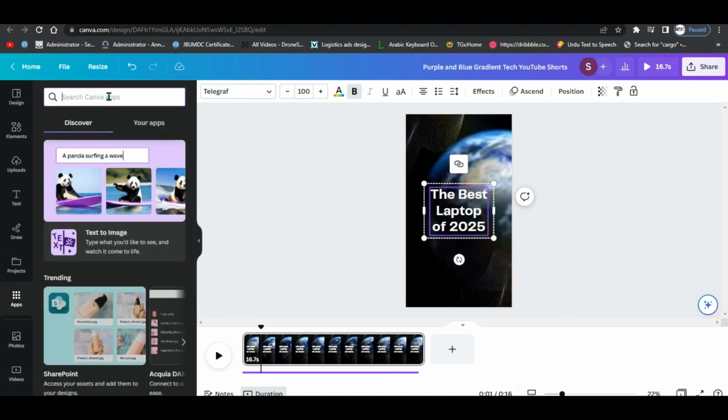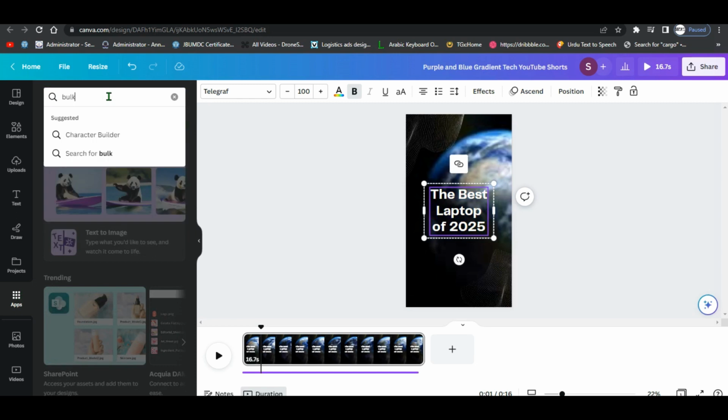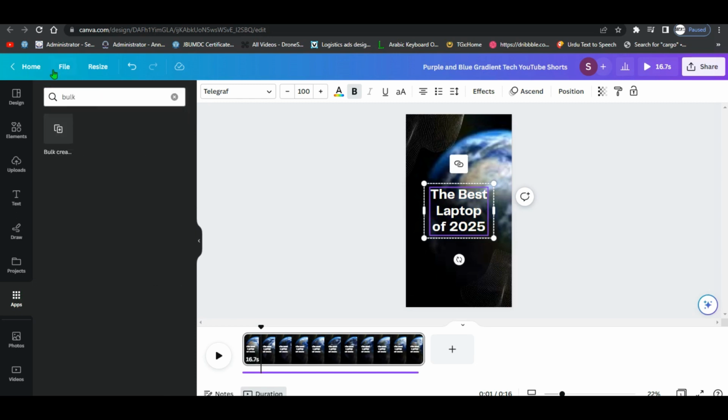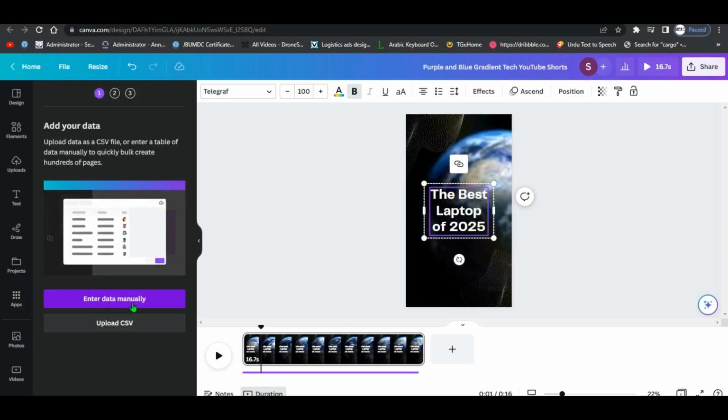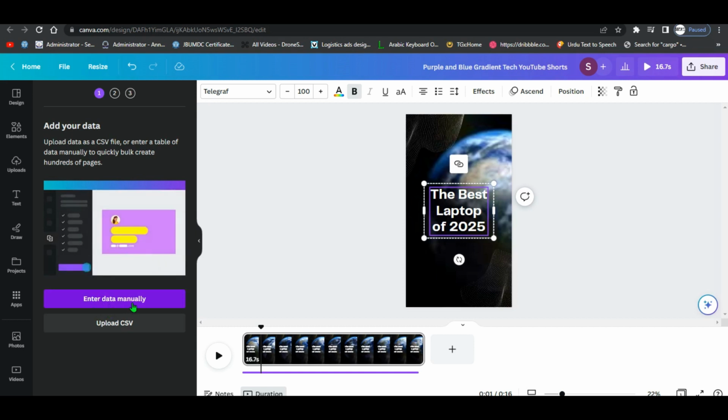Let's try the Canva Bulk Create. Go to Apps and search Bulk Create. Enter data manually or you can upload the CSV file.